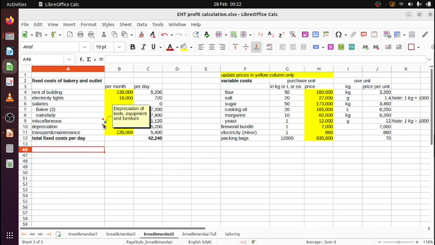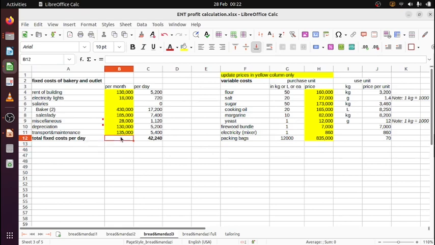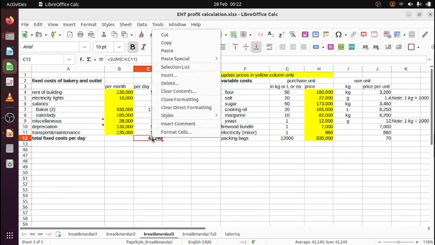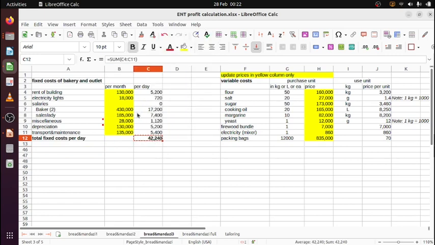Depreciation: if you have tools, you need to save some money for buying new tools in due time, equipment, furniture, a mixer for instance. And then there's some cost for transport and maintenance, and then the total cost per month will be here. Can copy that cell, paste. My total cost is 1 million, and if you divide that by